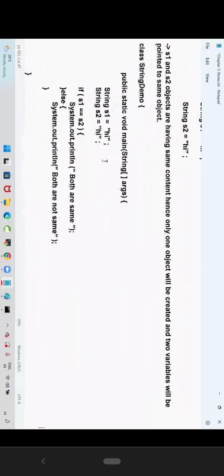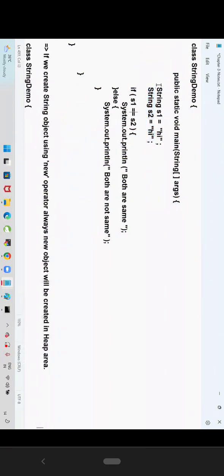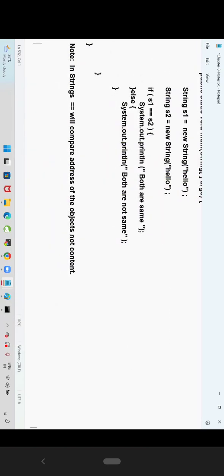When it comes to this program, S1 is equal to hi, S2 is equal to hi. Here, S1 and S2 address will be same. Why? Because that object is created in the SCP, and as the content is same, only a single object will be created. Perfect. Now, here, let's understand. String S1 is equal to Ashok IT and string S2 is equal to Ashok IT;